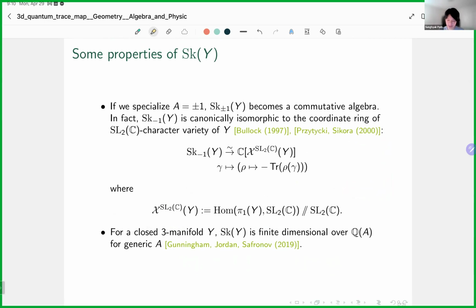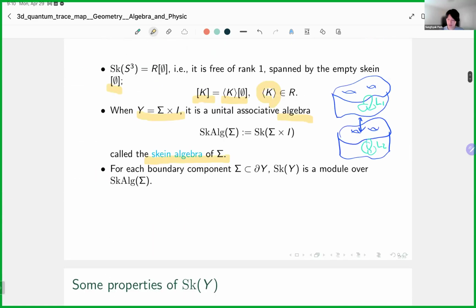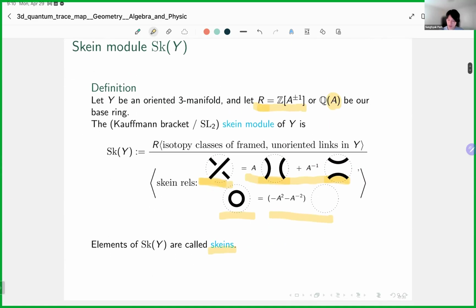As I advertised in the very first slide, the skein module turns out to be very closely related to the character variety of a three-manifold. Firstly, something special happens when we specialize this parameter A, capital A, to be either 1 or -1. Notice that in this skein relation, when we specialize A to be either +1 or -1, say in this first relation,